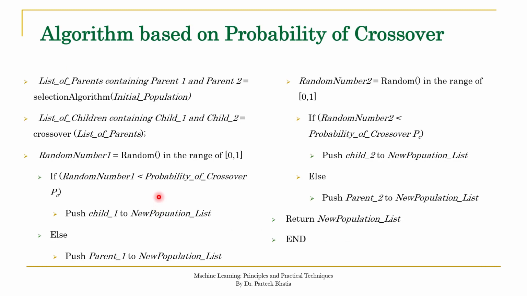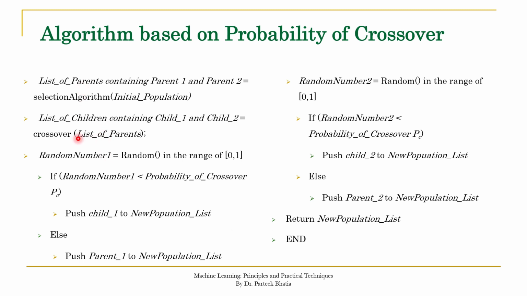This is all about the algorithm, and I hope that through this algorithm you have a clear idea of how parent or child get the chance to pass over to the next generation with the concept of probability of crossover and random number. So we can implement this concept in any programming language to implement this second step of genetic algorithm. Here we have initial population where we apply natural selection to get a list of parents.